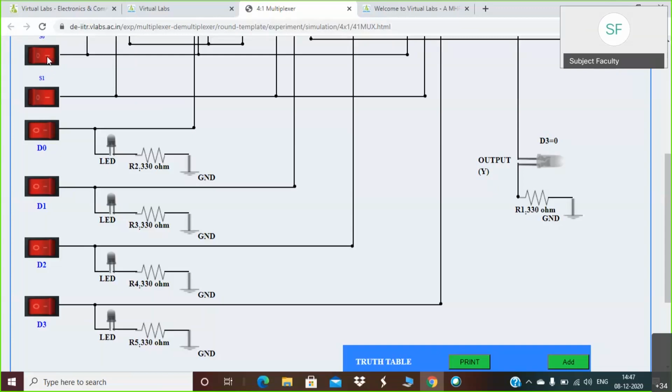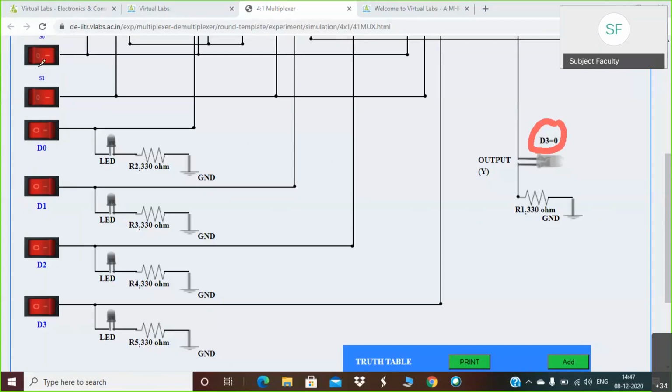As soon as you make the corresponding changes here, you can observe that D3 is selected. Which input is selected is already mentioned here, depending on your configuration or your combination of S0 and S1.